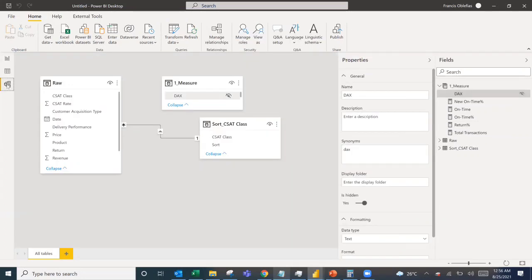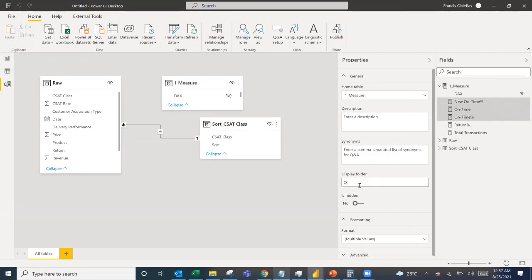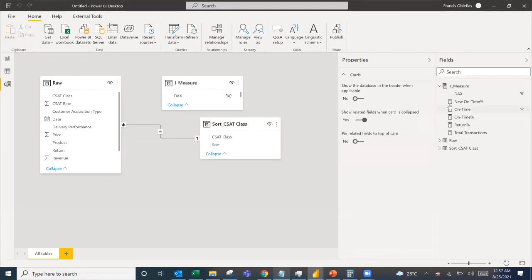And another thing for organization of your data, for example, these are measures that you created for a specific category. For example, this version is on time. You can also group it by a folder. So you can put on time on the display folder for the measures that you highlighted. And once you click on the outside, it will create a new folder for those measures so that your data will be grouped,